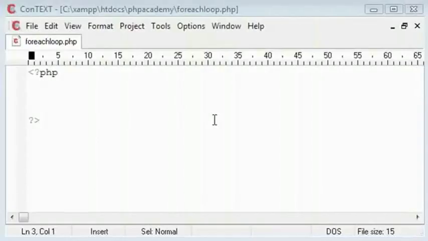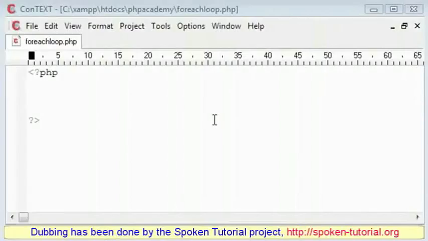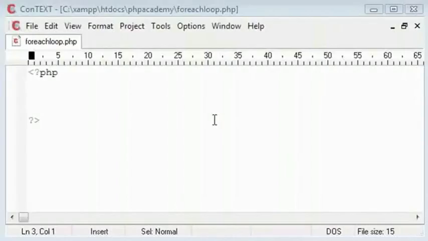Welcome to the for each loop tutorial. This is the last loop I am going to cover. The basic fundamental of this loop is that it will loop through the values of an array, or the elements of an array. I remember that in my earlier tutorials I said that the elements of an array are also called ID tags. The elements of an array aren't called ID tags. When you are echoing out an array value,